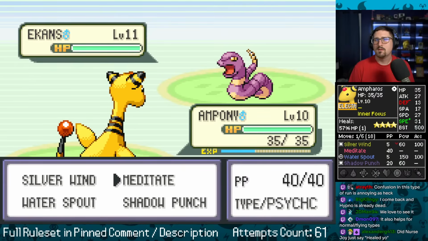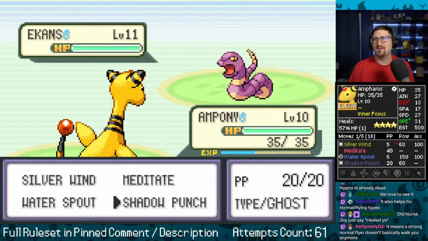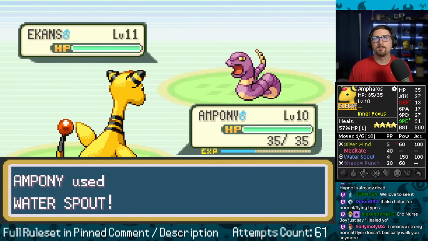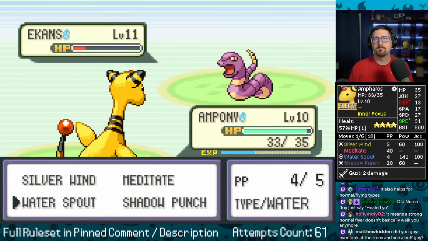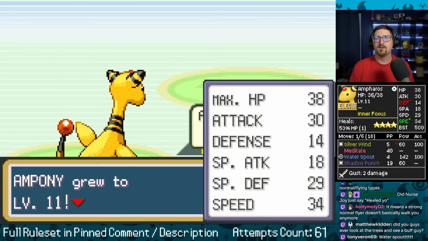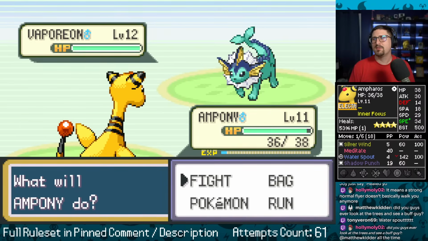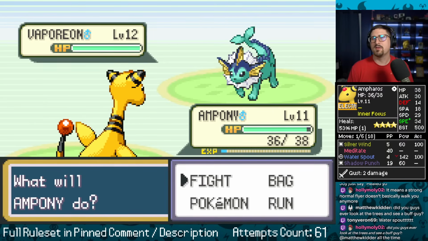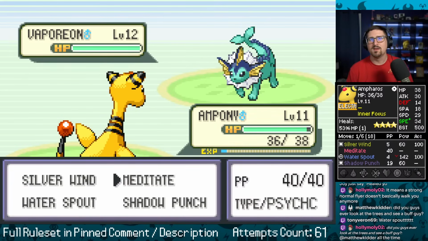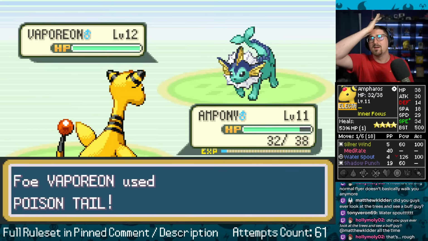Hecktets. I actually still kind of just want to open Water Spout. I know Shadow Punch probably... Well, no, Water Spout's still acceptable at this rate. Sure. I probably could have Silver Winded, try and go for the stat up. Still looking quite good here. Vaporeon, you are maybe a little scarier. We are clearly not Water Spouting. Vaporeon has high stats, even higher than me, theoretically. Silver Wind and hope we get the plus. And I swear to God, if you poison me, I'm gonna be mad. Okay.